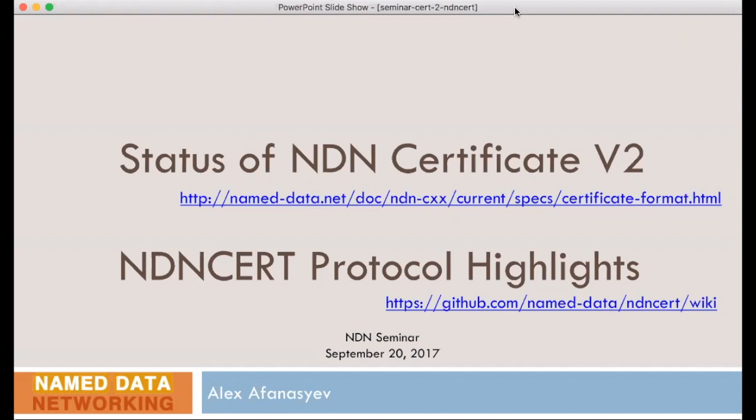Today, my plan is to introduce or reintroduce the status of NDN Certificate V2, with some ideas. I put a link to the certificate format and additional details about it. As well, on that documentation there are additional things related to the certificate storage formats and so forth. And I will give you a few highlights of